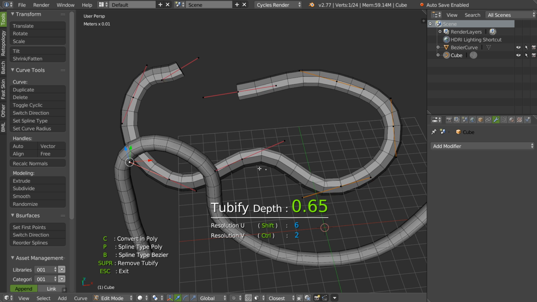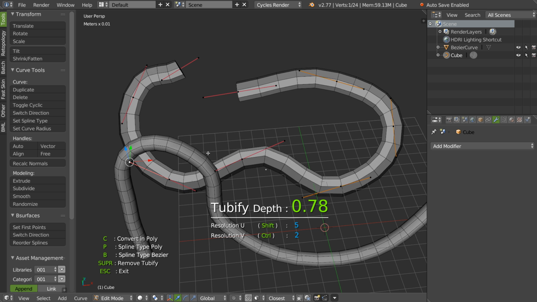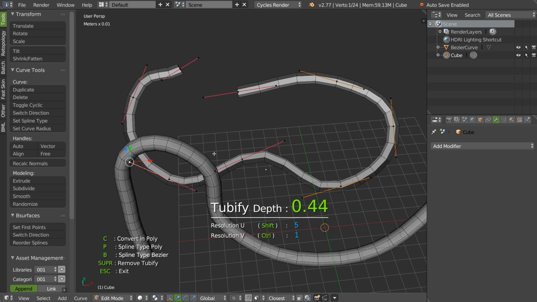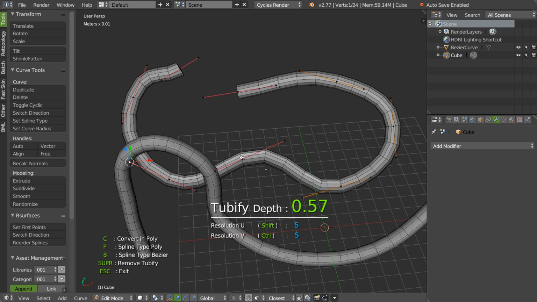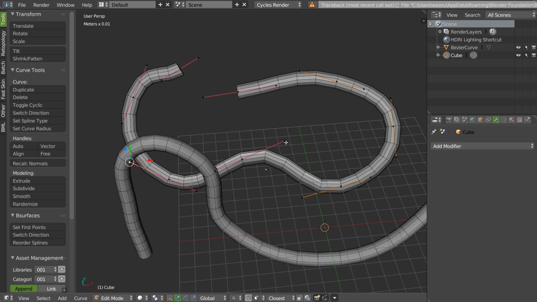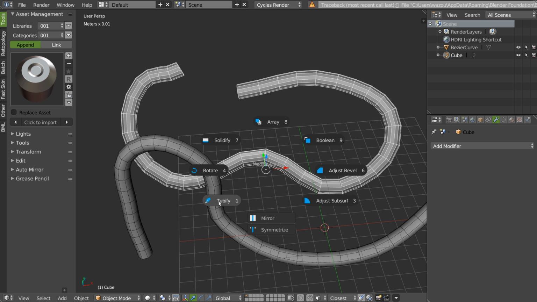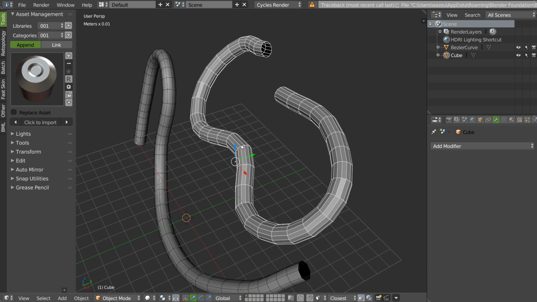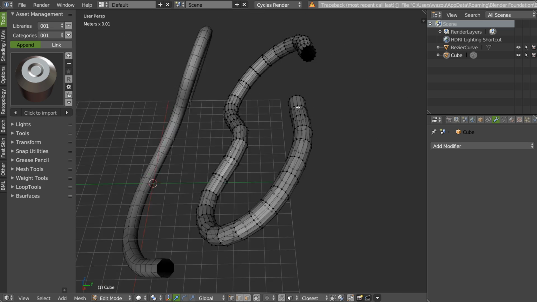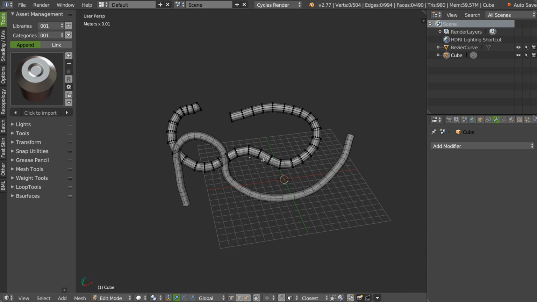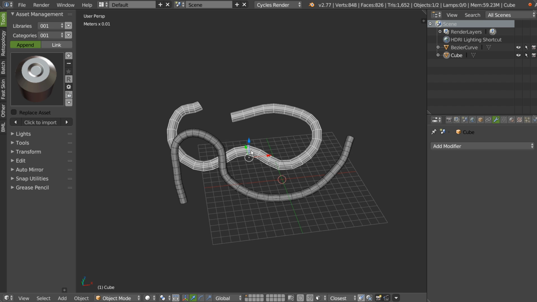And you can go directly in the Tubify, change the settings, and convert it. I have to be in object mode. Yep. Convert it in polygon. And as you can see, the Tubify is really simple and really useful.